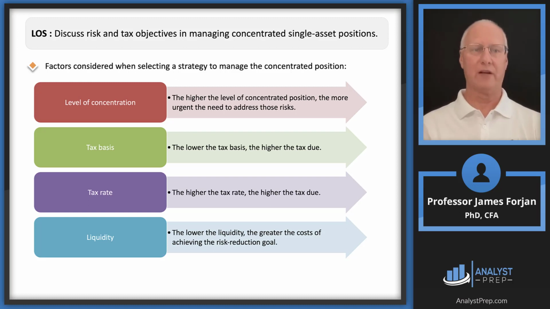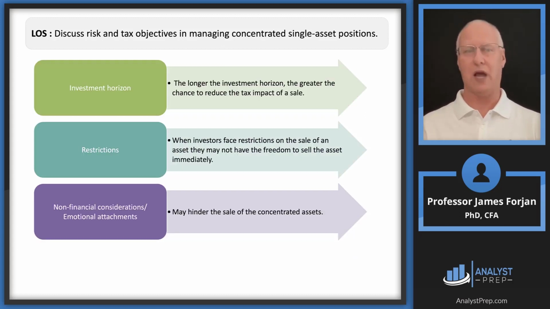All right, here are some of these factors that we need to consider. So level of concentration. This is why I think that the reading mentions the 10% in small cap and the 10% in large cap stocks. And so, sometimes 10% will be concentrated, sometimes 10% won't be concentrated. It's up to us to figure out what that position is. So we'll need to address some of these other factors like a tax basis and a tax rate and liquidity issues, time horizon,